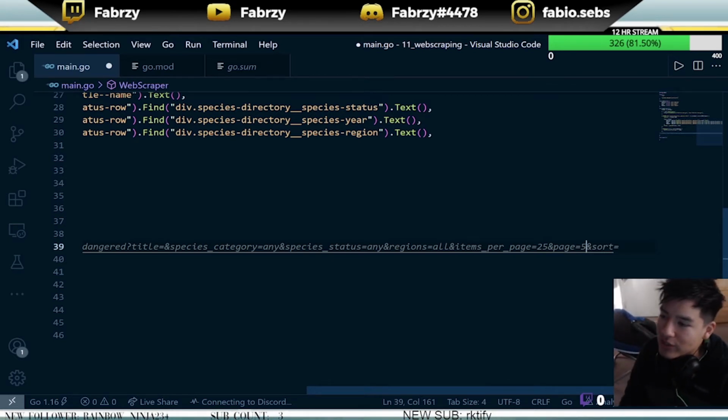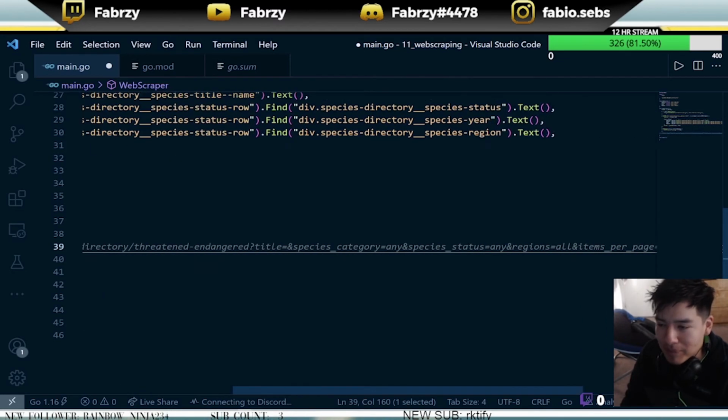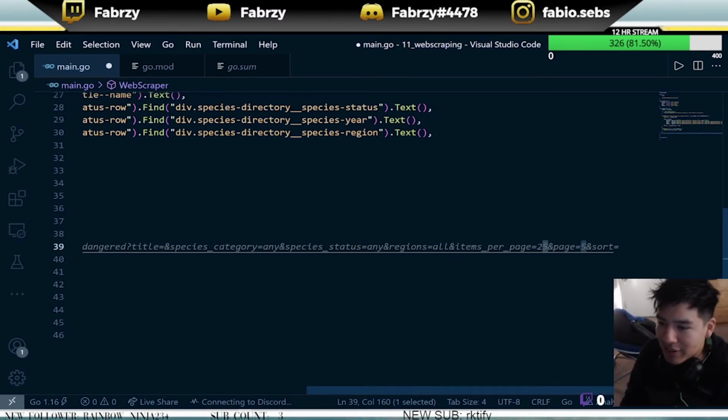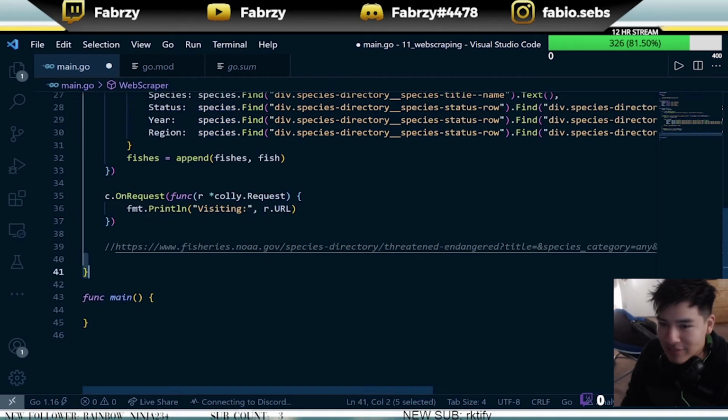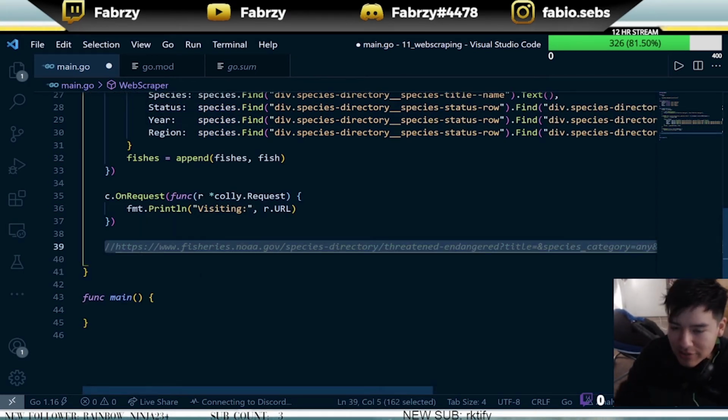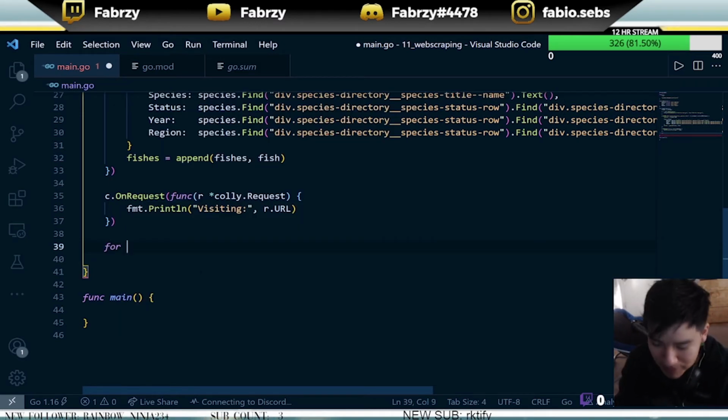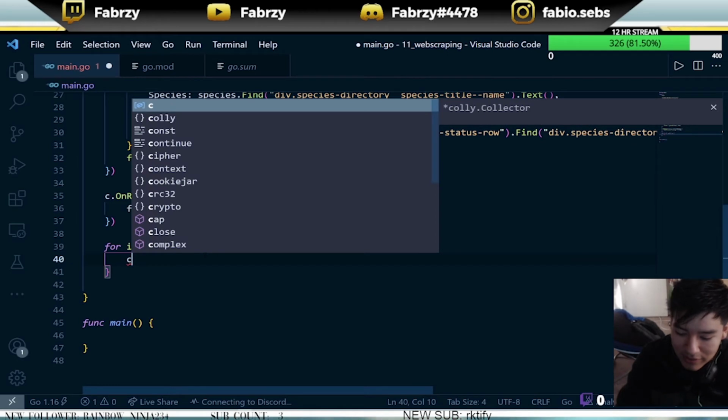So pretty much if we can visit this page and manipulate what page we're visiting within maybe a for loop, and we can just make this i, an iterator variable, then we can visit things within a for loop, and it's going to run the on HTML many times. So let's copy and paste this real quick. Actually, we just delete it, and we can make a for loop. Since the page starts off at 1, we have to make i equal to 1. We can say i is less than or equal to 5, i plus plus, and then we can say c dot visit